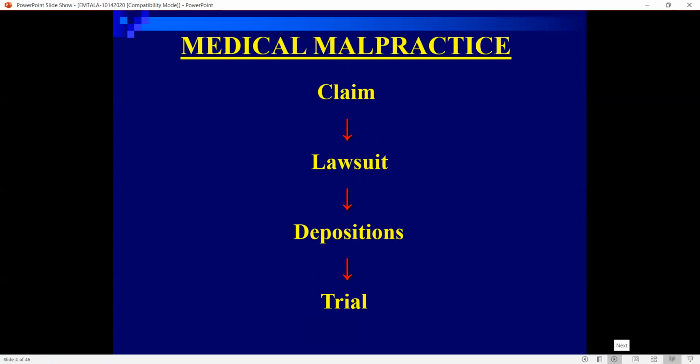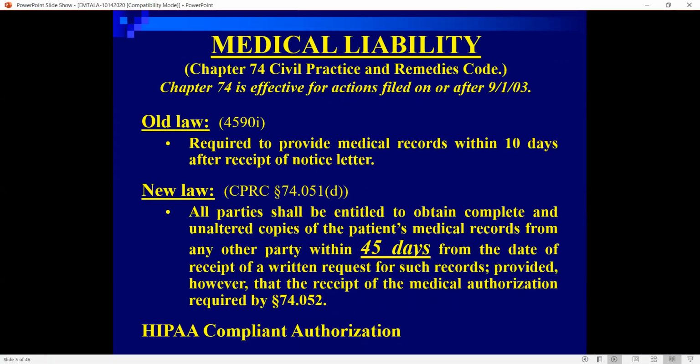So next slide, please. Without getting too far off topic, I want to talk about some key provisions of the Chapter 74 current law that governs lawsuits against healthcare providers. Under the new law, a claimant is required to request via a medical authorization and a notice letter that medical records be provided. And the new law provides a healthcare provider 45 days to produce those medical records, so long